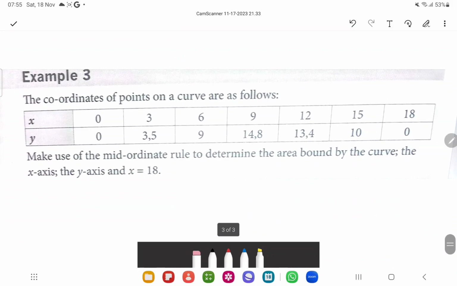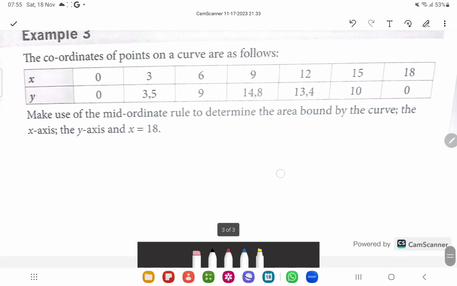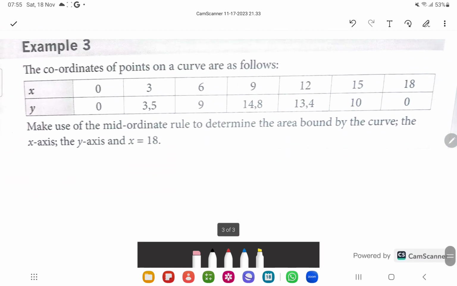So now the last one says the coordinates of the point. We have that, and then make use of the mid-ordinate rule. Okay, they say to use the mid-ordinate rule to determine the area. So now what we are going to do, remember what I said in the previous example, is that when you have the area, what we normally do